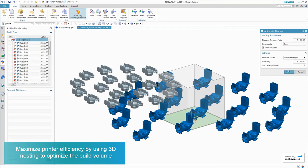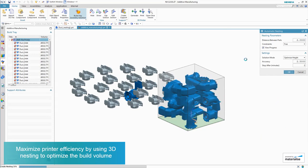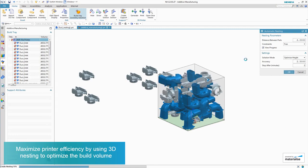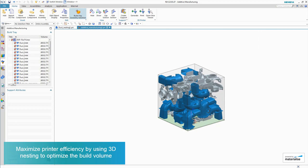So here's a video of our nesting capability. Again, in this case, we have the same duct part and another part that we're nesting here. And like I said, this is really useful for printers like, for example, the HP Multi Jet Fusion printers. To maximize the efficiency of that type of printer, you want to pack as many parts as possible into the build volume, and then you want to push them down towards the build tray as far as possible. So our system does this by you give it limits on how close the parts can be. You instruct the system to optimize according to minimum height. And as you can see, the process is fairly automatic. You give the system those inputs,